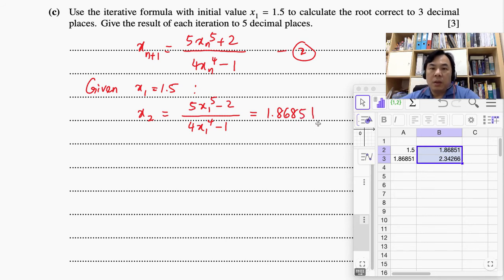1.86851 for instance. Right now, this is the intermediate answer. It's not the final one yet. Give the result of each iteration. Oh yeah, they have already given us the instruction: 1 2 3 4, 1 2 3 4 5. Okay, that's good. Now, therefore, your x3, using the same formula, based on my calculator here, we should be able to obtain